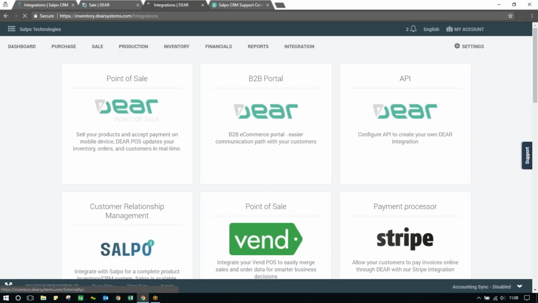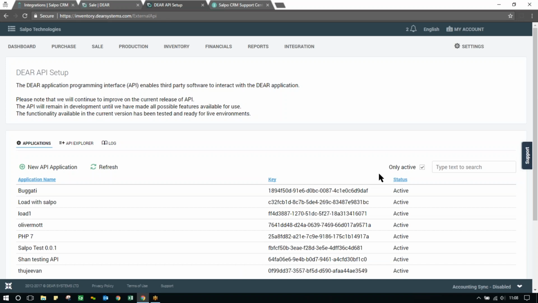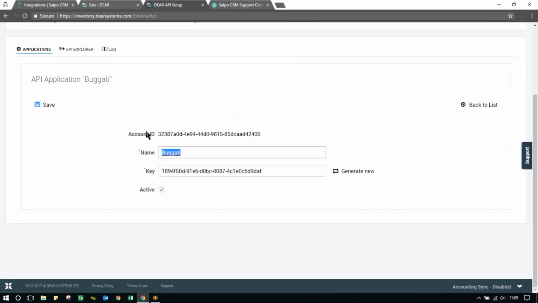I'm going to go ahead and click into Dear API. If you've not created an API key before, you won't see any listed, but if you have, you'll see some listed here. All you have to do is create a new API key, and then that data will populate for you. To show you what a key looks like once you've done that, it's this account ID, and then you title it, and then you're given a key. This is the information you have to copy and paste to put into the Salpo integration